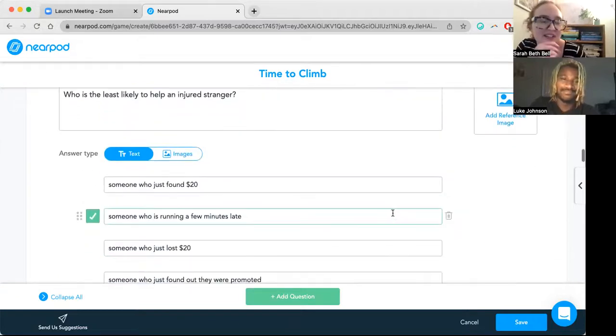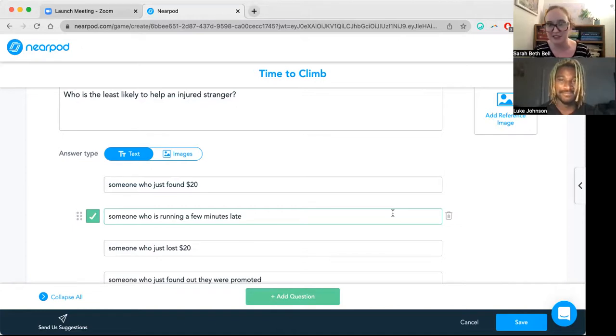Who is the least likely to help an injured stranger? So this is like the Good Samaritan study, which is one of my very favorites. There's a lot of components to it, but it was a study where the seminary students were supposed to go give a sermon about the story of the Good Samaritan and helping the bystander, but there was a condition where